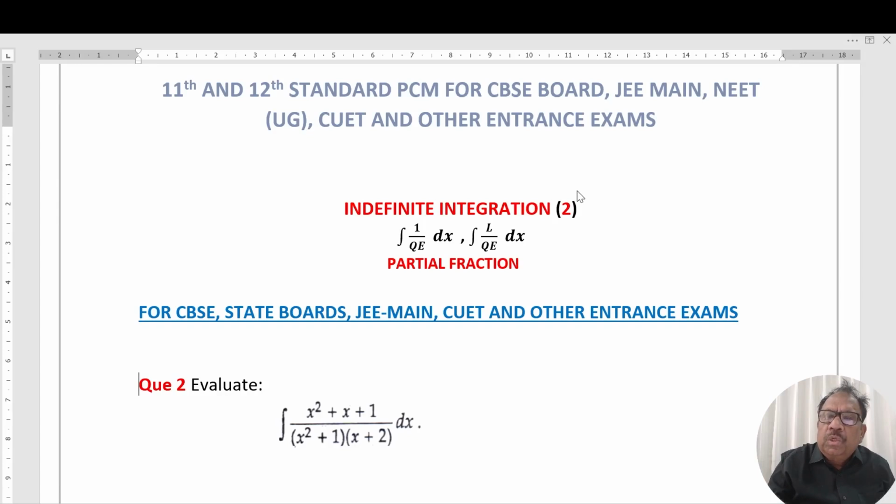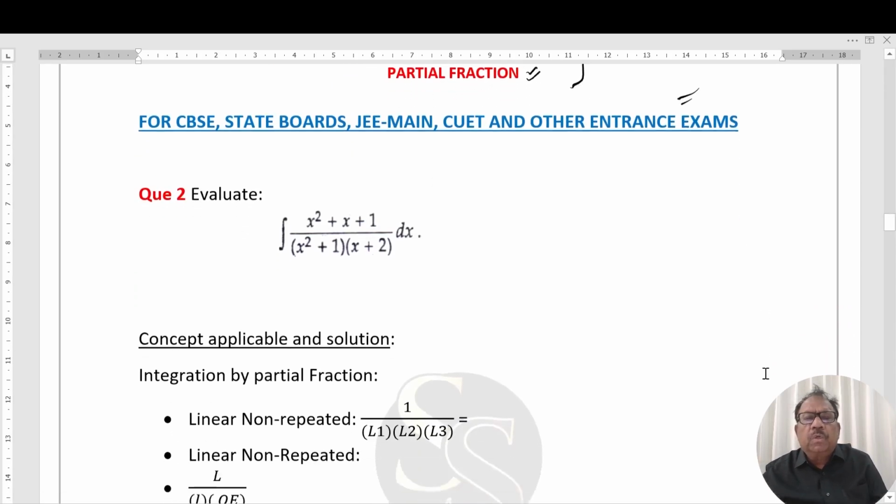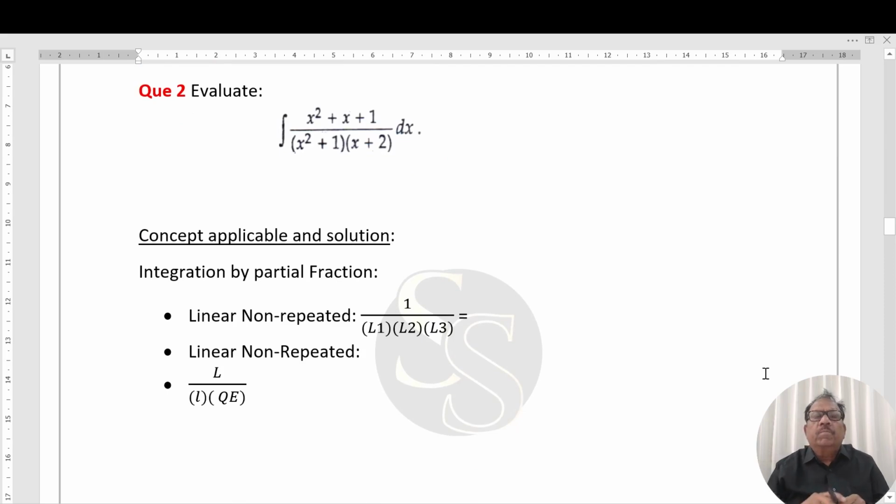In today's session of Integral Calculus, the topic discussed will be partial fractions, different types of partial fractions, and integration by partial fractions, which are applicable for CBSE, State Board, JEE Mains, CUET and other entrance examinations. Concepts are being cleared using this illustration. Now, the question is (x square plus x plus 1) over (x square plus 1)(x plus 2). This is the type